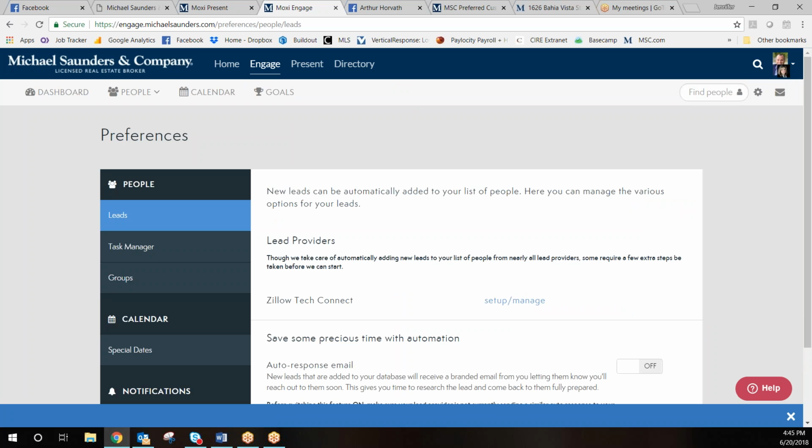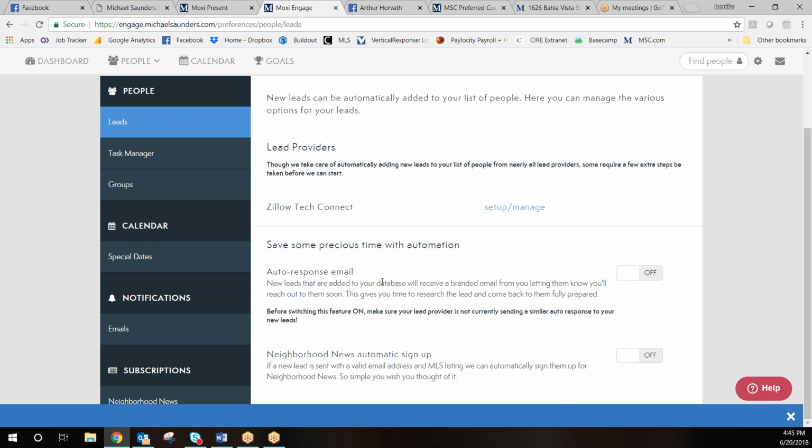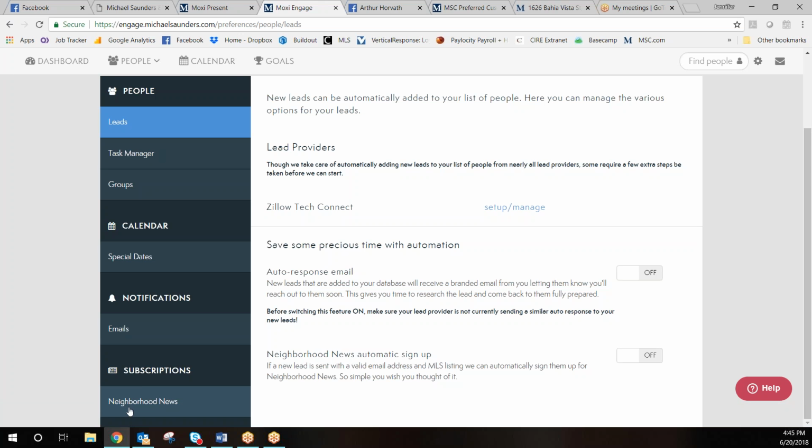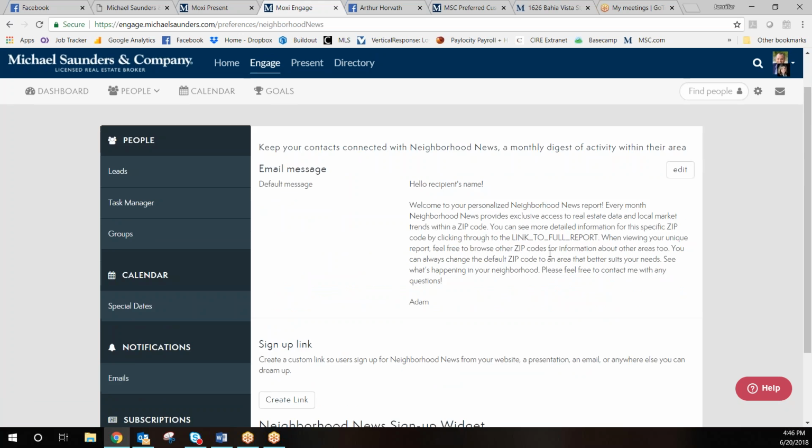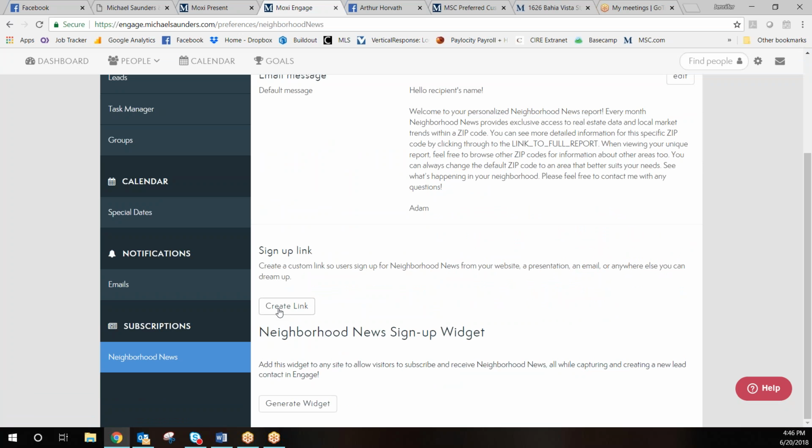It's going to take you to a preference center. You can do a lot of other things. Go back and look at it. It's pretty insightful and super easy to do. Today, I just want to focus specifically, though, on your subscriptions and setting up what they call a create link